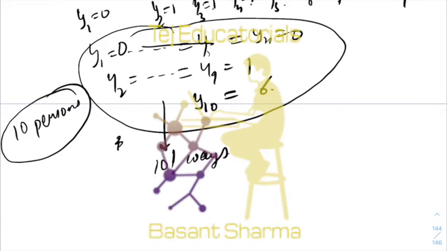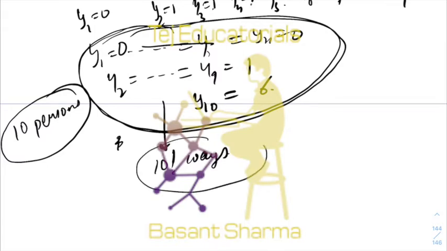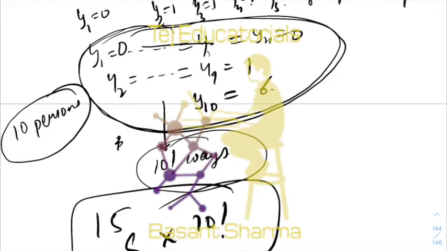This solution was obtained using the logic that you have n identical objects and you distribute them amongst r places. So n identical objects were the 14 seats and the r places were the 11 gaps. So corresponding to every such solution, there are 10 factorial ways in which you can arrange the 10 people also. So your final answer will be this, by multiplication rule or fundamental principle of counting.